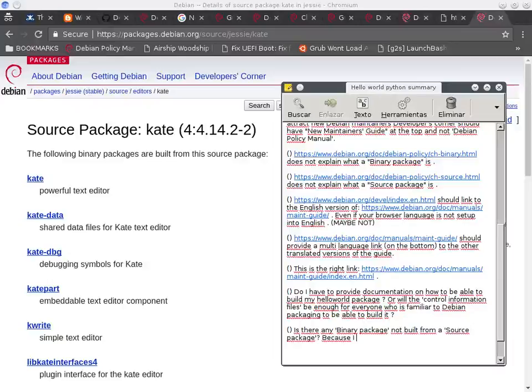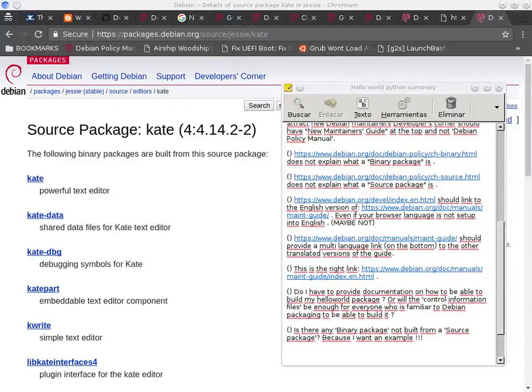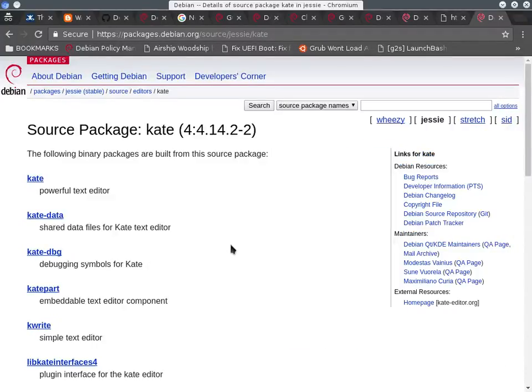Because I want an example. Okay, so let's continue searching for our binary package that does not need a source package, or a source package which is just a source package and that's it. You know what I mean? Let's suppose, let's search. So maybe we should search